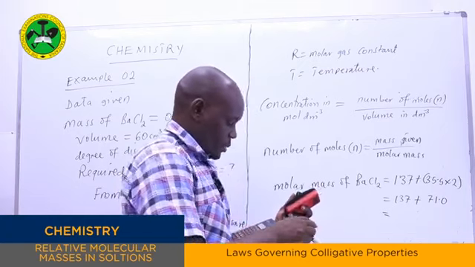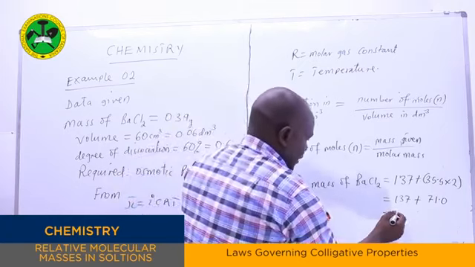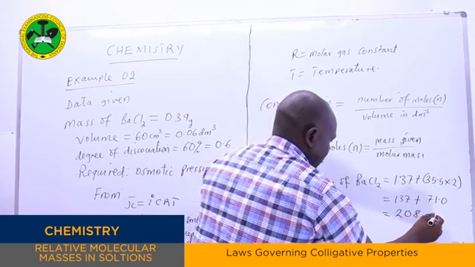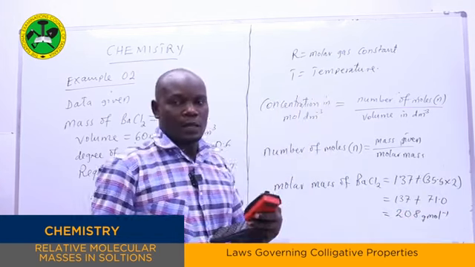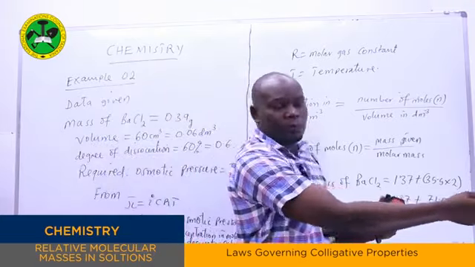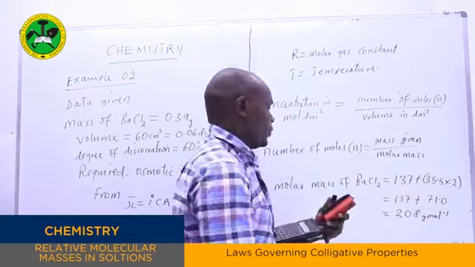So if we now use our calculator to find the total, the answer is 280. This is gram per mole. Now we have the molar mass and the mass we have already given, which is 0.39 grams. So